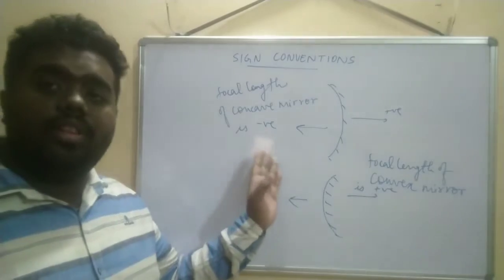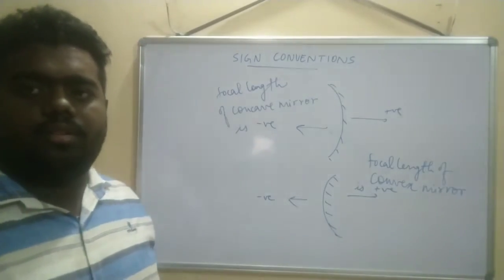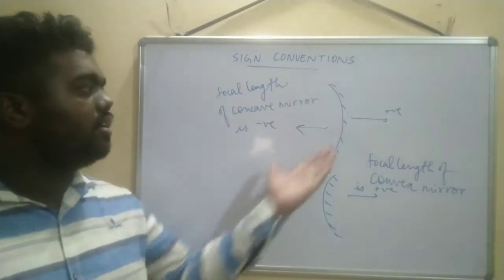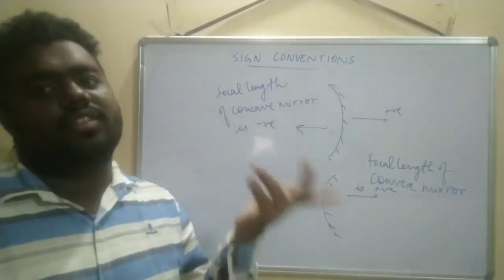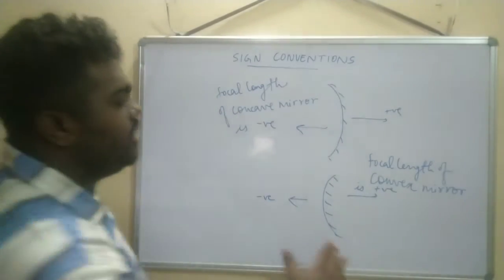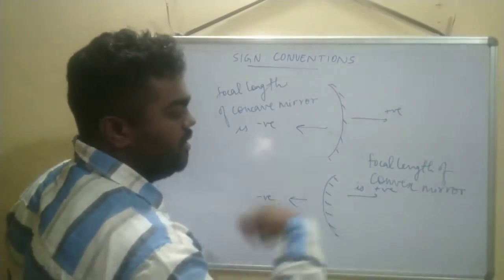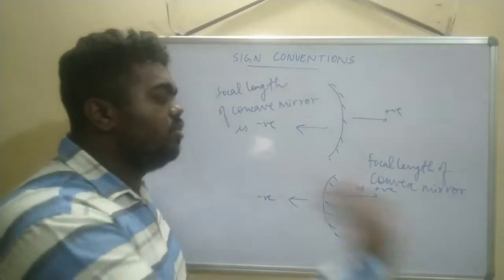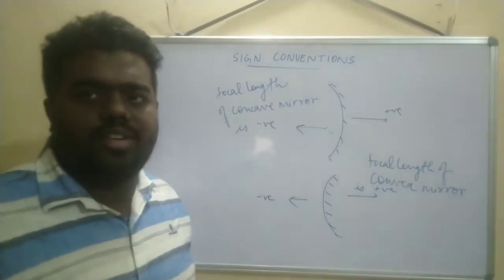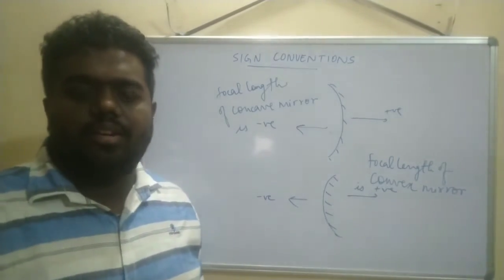Concave mirror के लिए focal length negative होगा. Why? Because इसका curvature इस तरफ बन रहा है, तो इसका focal length भी obviously left side होगा, left side है इसलिए negative, और ये उस तरफ उसका curvature है right side, तो right side में उसका centre of curvature, focus बनेगा तो उसका positive होगा क्योंकि right side से आ रहा है, ok fine.